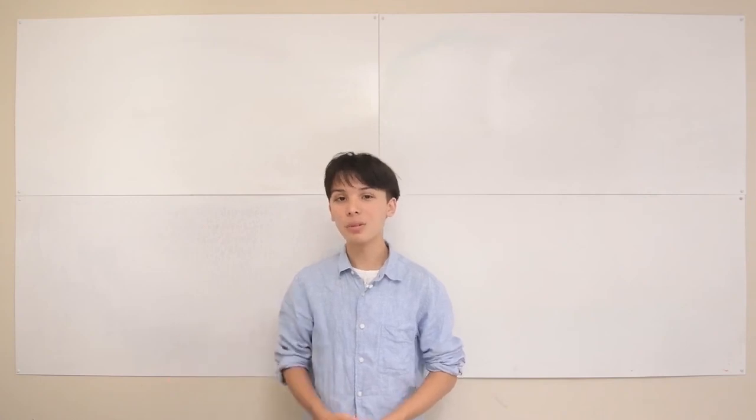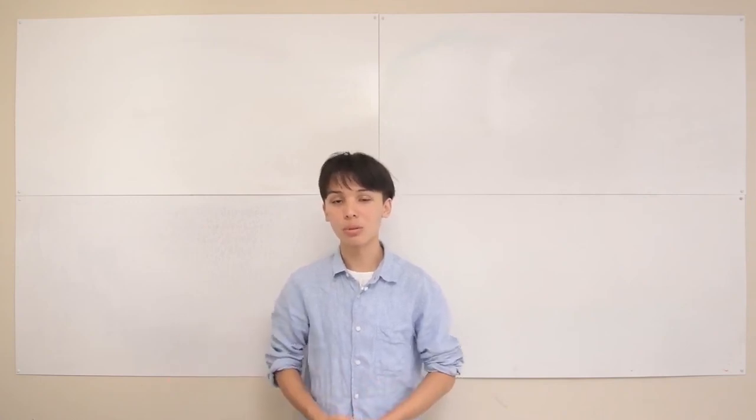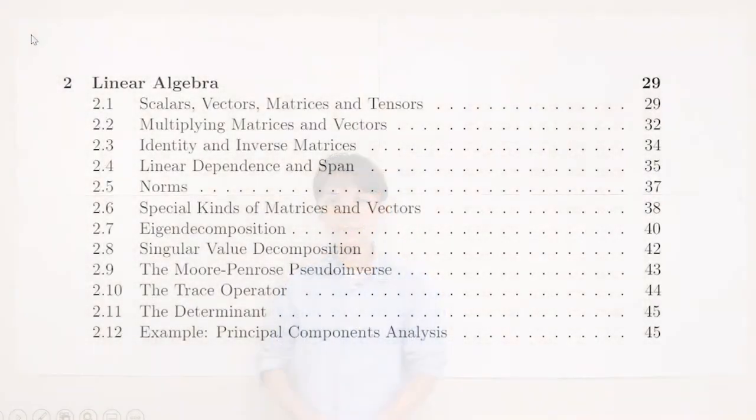Let's quickly go to the computer just to check out what we're going to be talking about throughout this chapter. Alright, so this is just the table of contents from the Deep Learning textbook, but since we're using their textbook, it's pretty much the same thing as we're going to be following. You might notice that there's 12 subchapters for this chapter 2, linear algebra, but I've put up around 20 lectures for this chapter, and that's just because for a few chapters here I've given a few additional lectures to provide some extra insight if you need it.